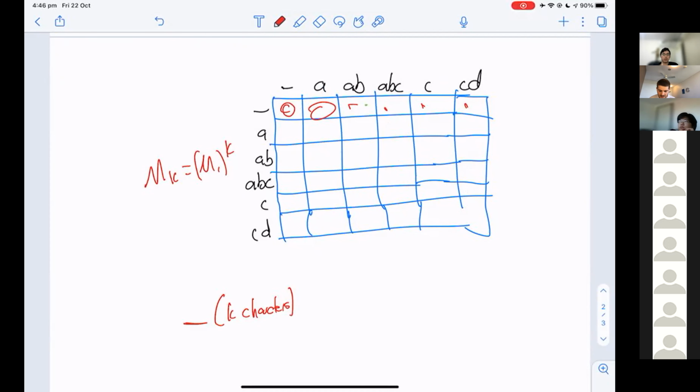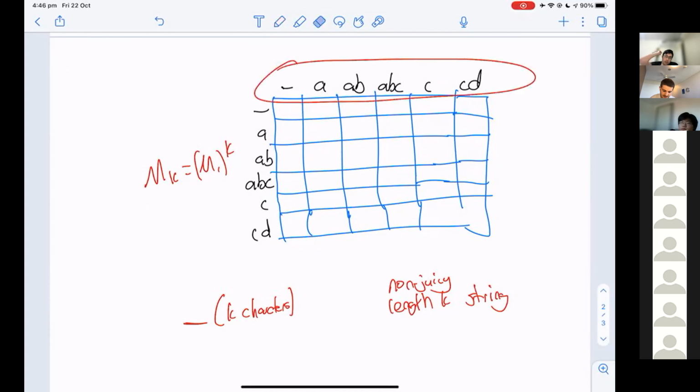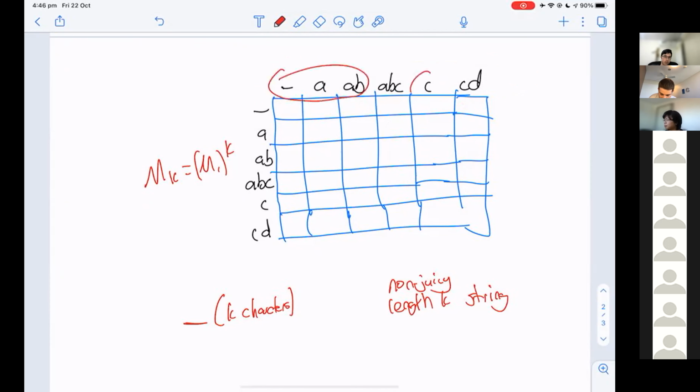But if we consider some non-juicy length K string, then the biggest suffix of it that is a prefix of a buzzword is going to be one of these values here. Any of these ones here. Could be the empty string, A, AB, or C. It couldn't be ABC or CD, because then it would be juicy, but it's going to be one of these ones and this one here.